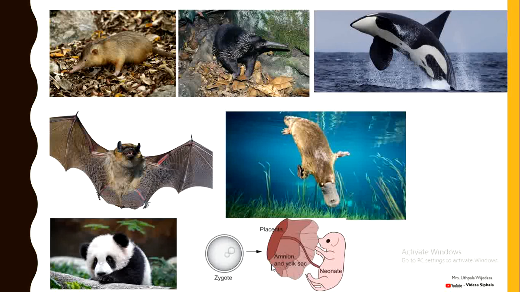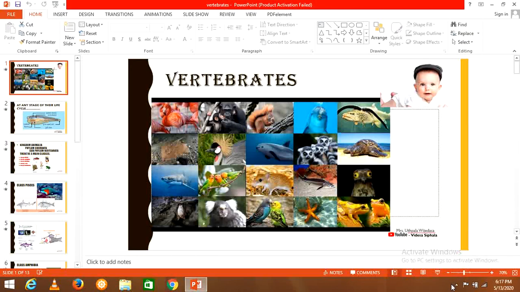So this is a brief description about the vertebrates under the 5 groups, 5 classes: class PISCES, class AMPHIBIA, class REPTILIA, class AVES, and class MAMMALIA. Hope you got a clear idea about